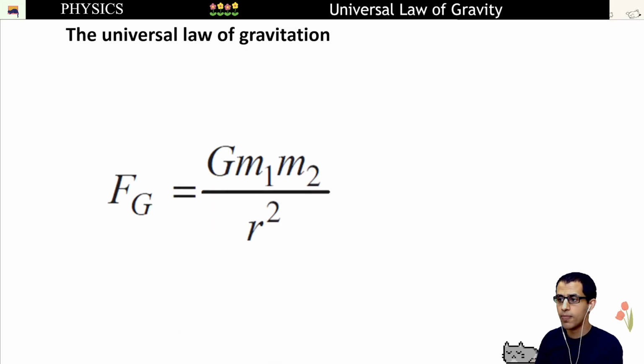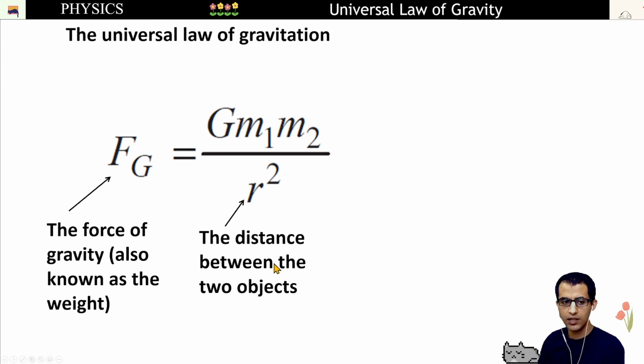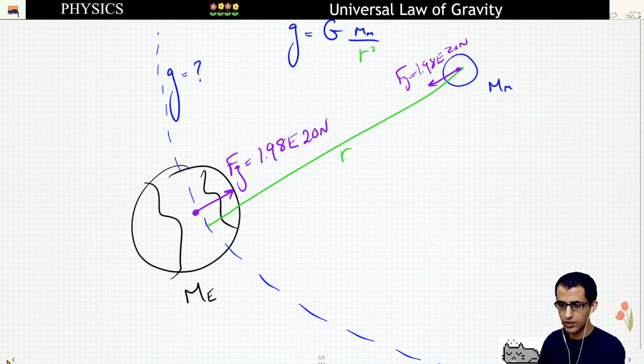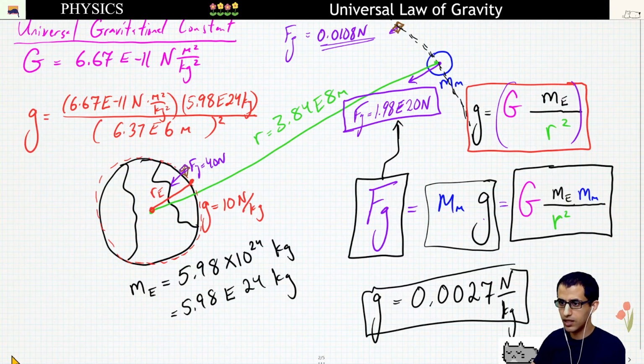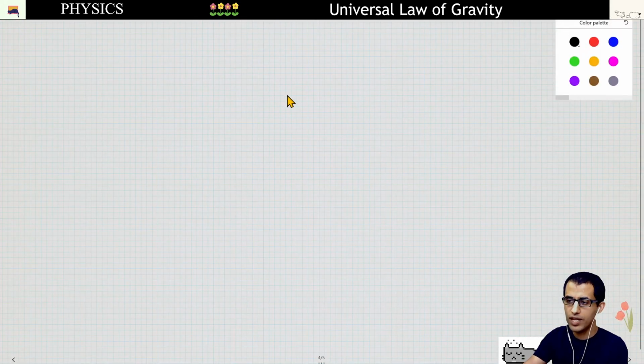So here's the equation one more time. Here's the force of gravity, which we also refer to as the weight of the object. r is the distance between the objects, and not necessarily the radius, though if we're talking about an object sitting on the surface of the Earth like we have here, then the r value here is equal to the radius, but it's really the distance between the center of the two objects. And that can also bring up a question where, yeah, if we have,